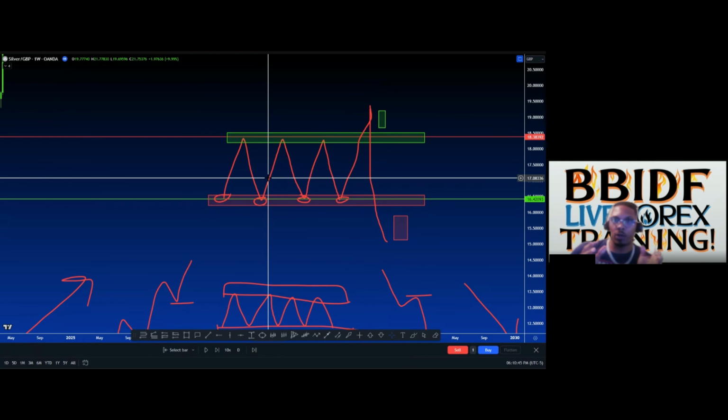So at the end of it all, when consolidation is over, right, the banks have been able to tally up who has more money that have been placed in trade. Is it the buyers or the sellers, right? If it's the buyers, guess what they're going to do? They're going to manipulate it. They're going to push price down, okay? And then they're going to make it go up. That's how they get your money, because your stops and everything are at the bottom. It's below where you bought. So they push it down, take your money. That money fuels their position to go up. All right. And then vice versa.